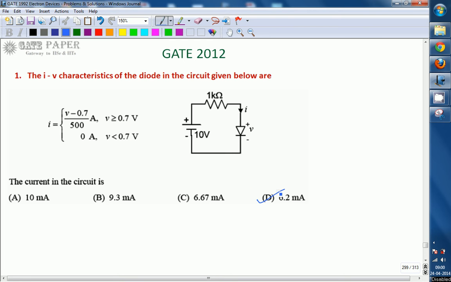So if you are looking at the diode circuit, there is a 10 volts DC power supply and a 1 kilo ohm resistor, and this is the diode symbol. If you want the exact current flowing through this diode, it must be replaced with an equivalent model. We have three different types of equivalent models for the diode: one is the ideal diode model, the second is the simplified diode model, and the third is the piecewise linear model, based on the forward voltage and forward resistance.